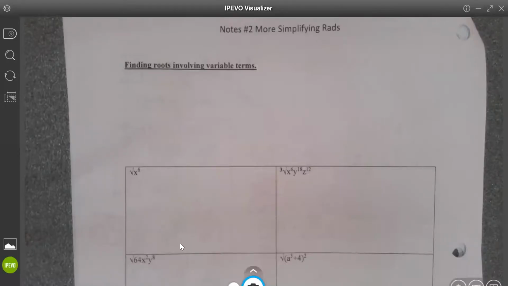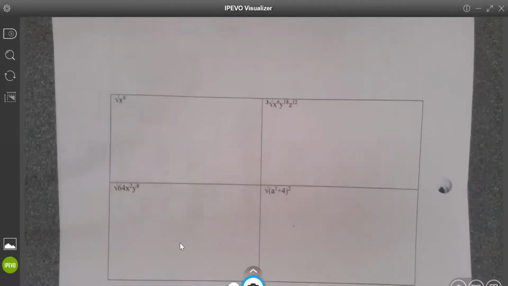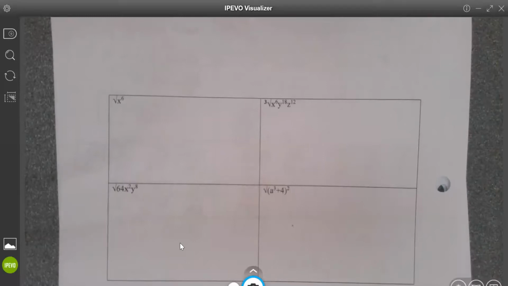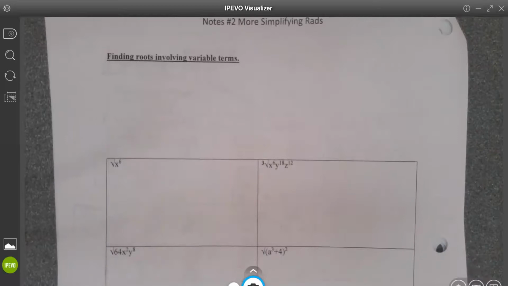Okay, so yesterday we talked about simplifying radicals that just have numbers underneath the radical sign. And today we're adding to that. You can see here where we're going to have numbers and variable terms underneath the radicals. So just kind of remembering